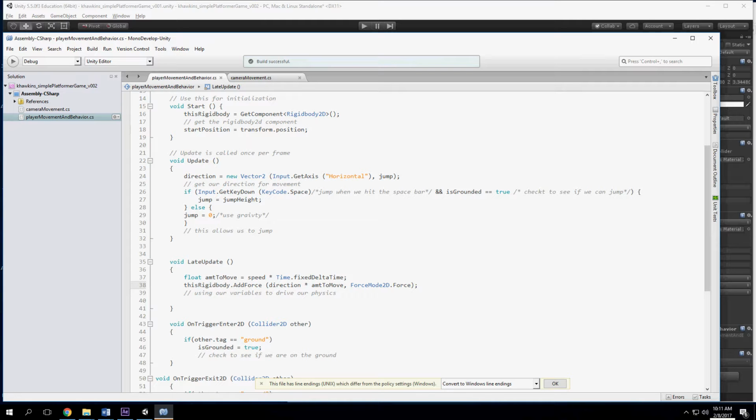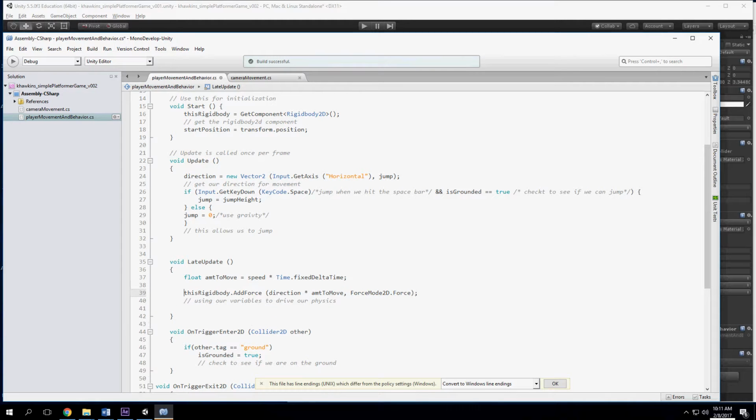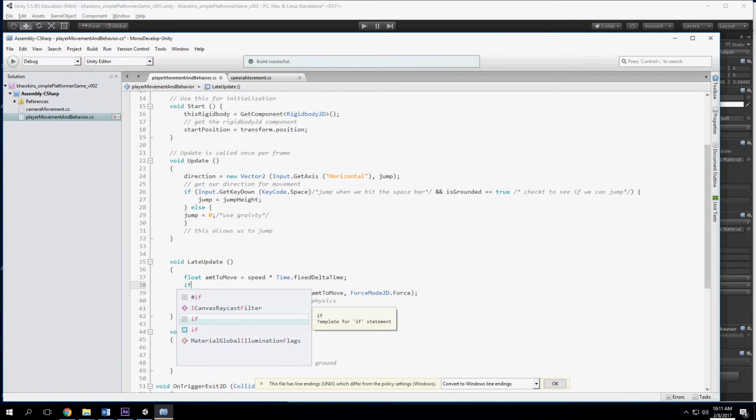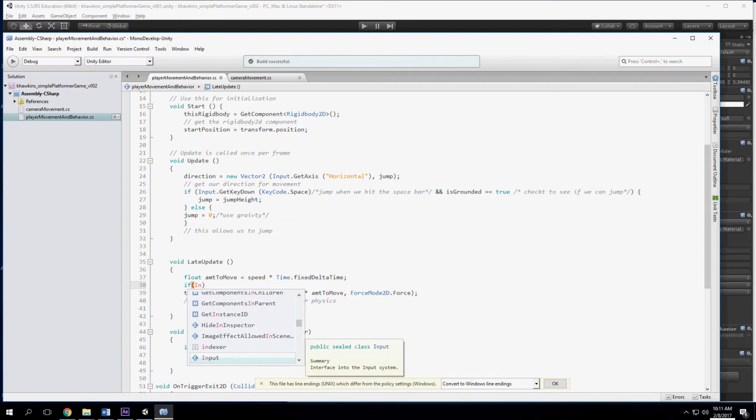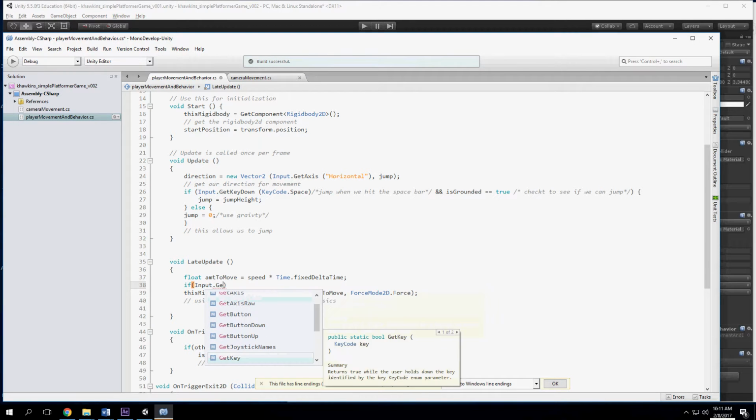Let's add in a little bit more. Let's play around for a quick bit. What I'm going to do here is we have our direction, but I want to do some other things, a little bit overkill, and see what happens. So I'm going to do import dot get access,